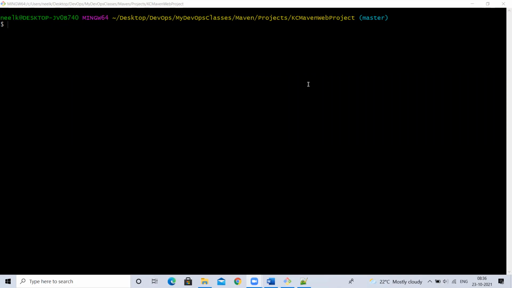Next question. If you answer that, they'll ask the difference between package and install. So you'll explain that package will put it in target directory, whereas install will put in target plus local repository. Why should I place it in local repository? What is the need? For backup. I may keep it in target, but if I use clean, it will delete and always put the latest target. But still I want to maintain the backups. Then I can use install and maintain the backup in the local repository. Understood, guys?